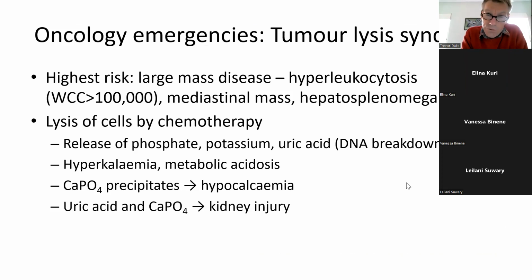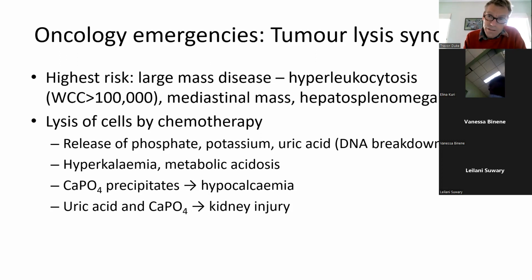These children, as I said, when you start their chemotherapy, are at quite high risk of getting tumor lysis syndrome. And the higher the white cell count and the bigger their mass disease, the bigger their mediastinal mass or the bigger their liver and their spleen when they first present, the greater their risk of tumor lysis syndrome. And often that occurs when you first give them their first dose of prednisolone or vincristine, and they get rapid